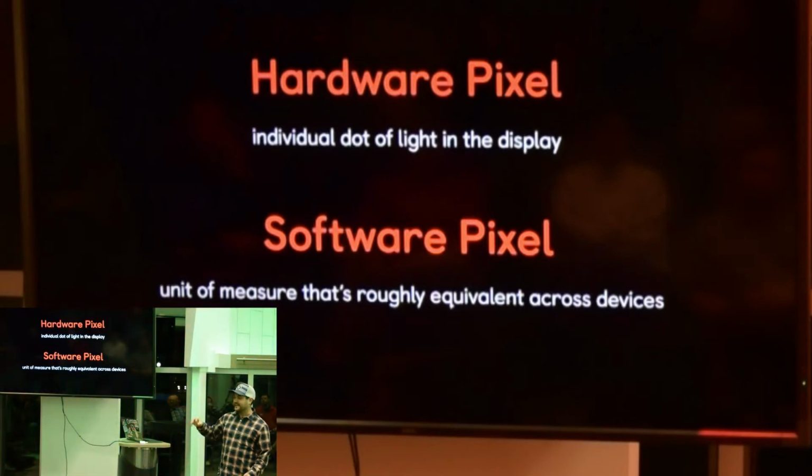A hardware pixel is the actual unit of light on a monitor. A software pixel is sort of just a unit of measure, and they aim to be roughly equivalent across devices. So if I look at this web page on a phone versus on a desktop monitor, they're going to be roughly the same size.